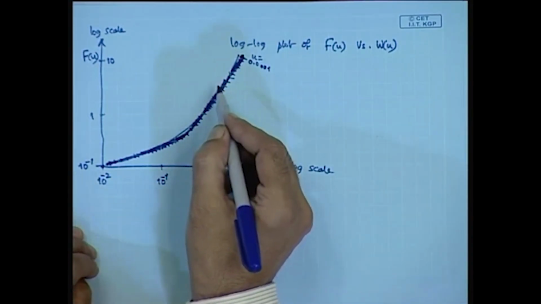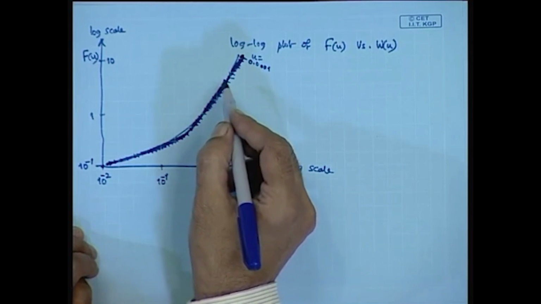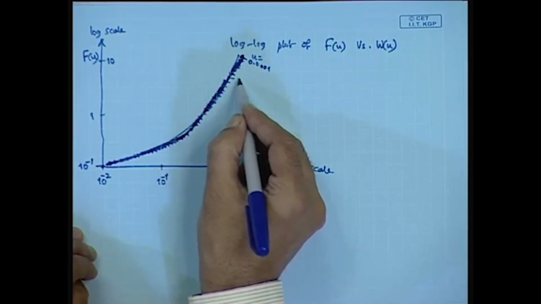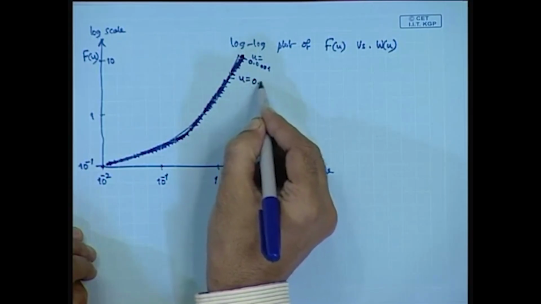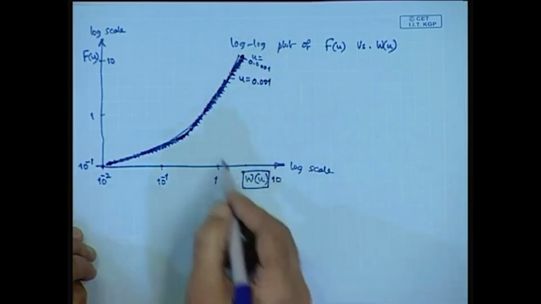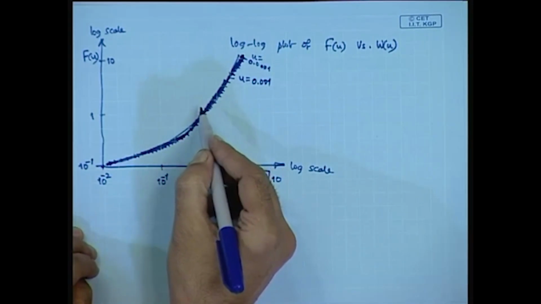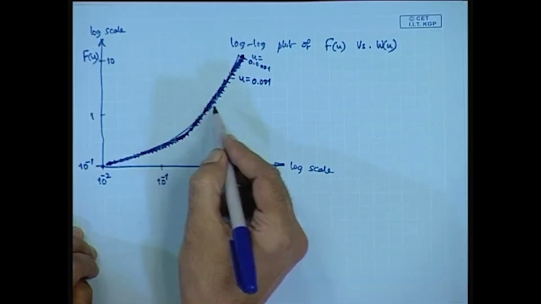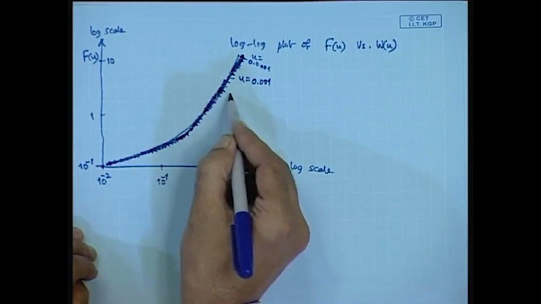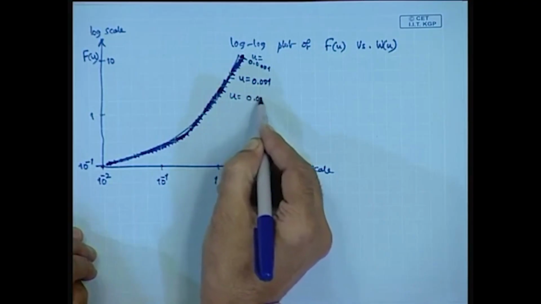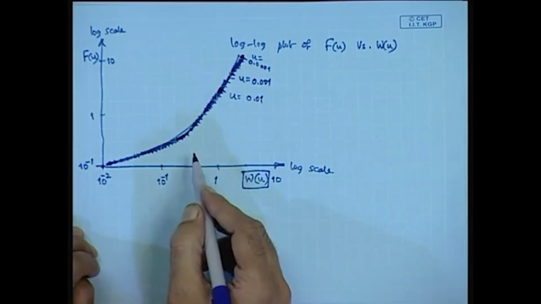Here you will get u equal to 0.001, and somewhere here you will get u equal to 0.01, and here